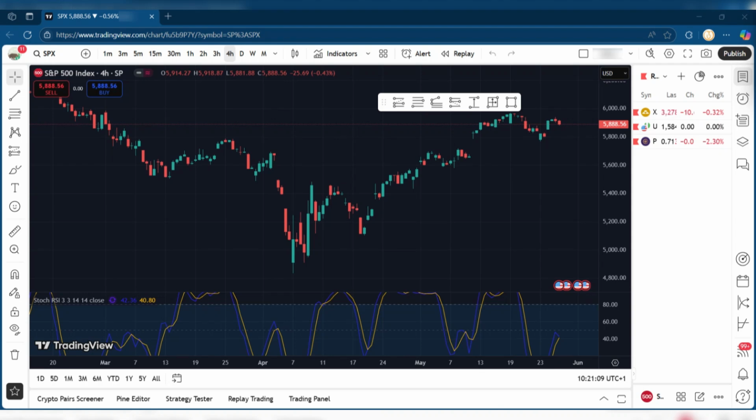What's up everyone, in this tutorial we'll be showing you how to connect Optimus Futures to TradingView. So all you'll need to do is to get over to your TradingView account. As you can see, we're logged in, and then when you select a chart, you're going to go to the